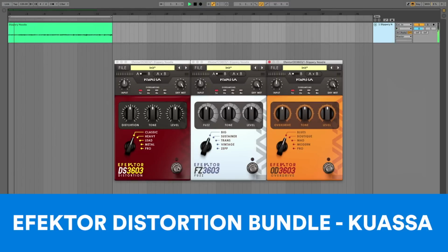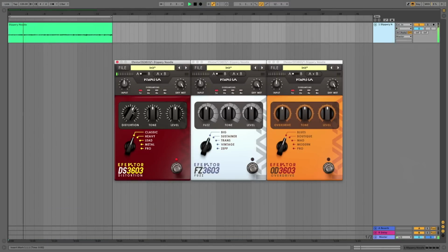At number 5, EFEKTOR Distortion Bundle by Kuassa. Where would guitarists be without distortion? Not rocking, that's for sure. The EFEKTOR Distortion Bundle nets you a collection of 3 plugins to add bite and drive. Kuassa has studied 30 classic distortion pedals and distilled their essence into 15 settings across the fuzz, overdrive and distortion